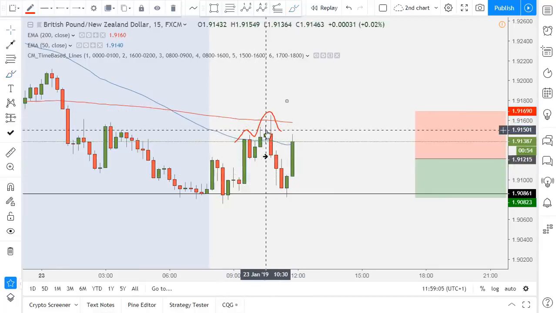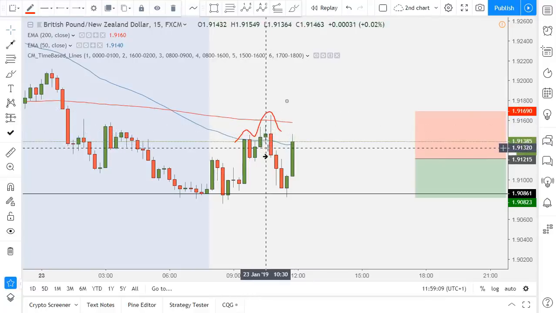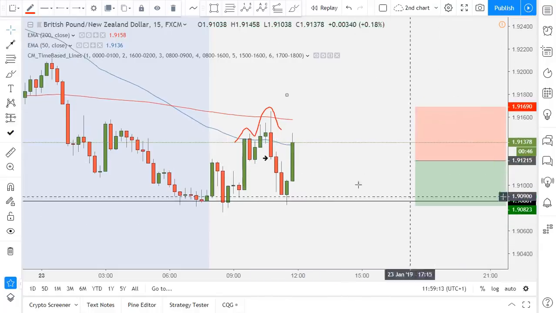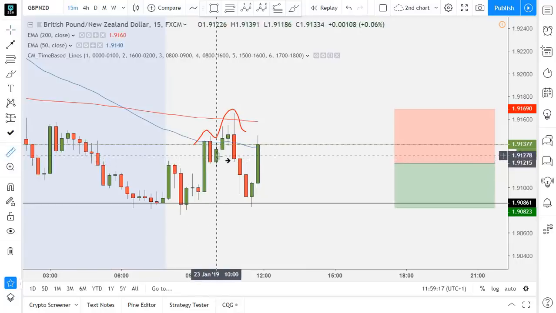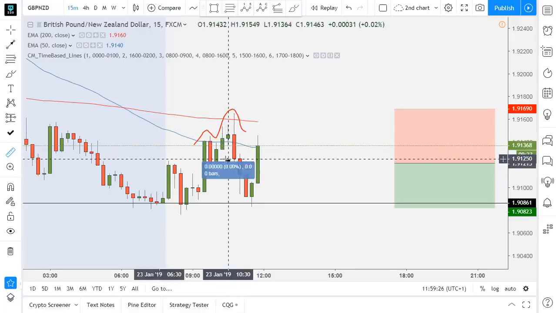There was a news release here, a pound news release, and after the news release, within 15 minutes, we had our strong confirmation candle, and I was in. So my entry was here. I got a little bit late to record it. My entry was early, but I just recorded it a little bit late. I didn't have the software going, so I had to open it, and I managed to get an entry here,